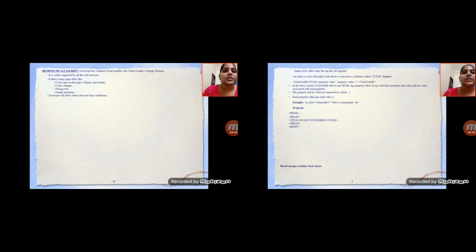The property and its value are separated by a colon, and each property-value pair ends with a semicolon. Here I have given an example: a P tag with a style of color, and the text is a paragraph.